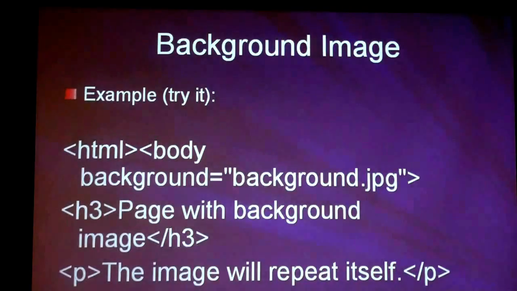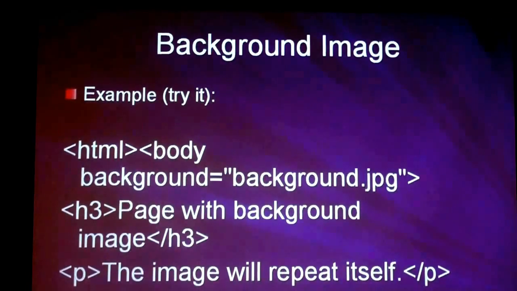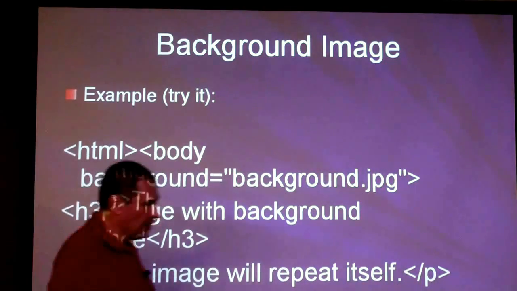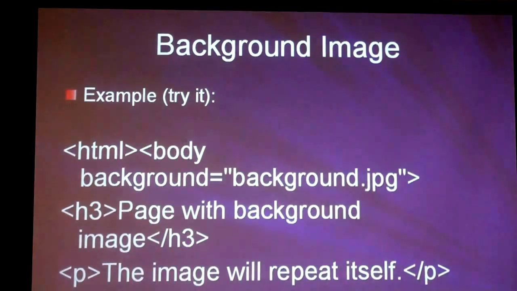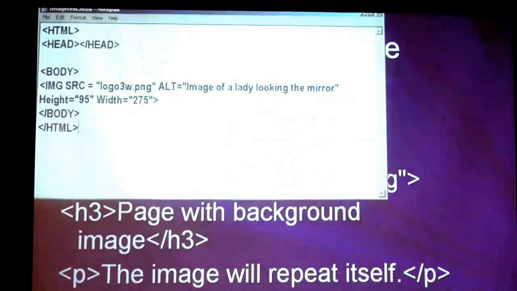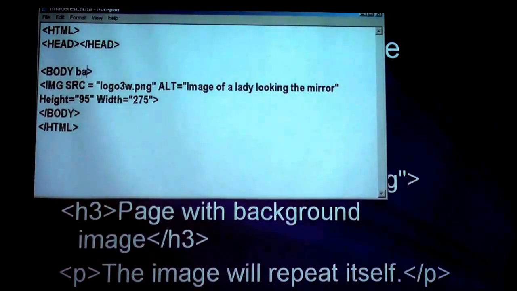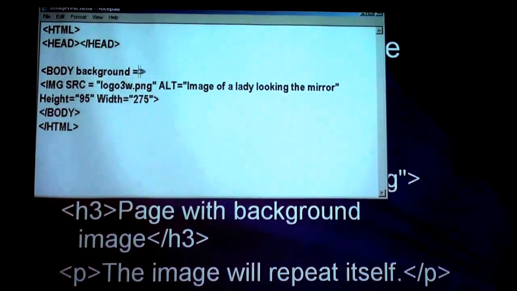Now, what we can also do is specify a background image of the browser, the web page. This is done if I specify an attribute to the body of the HTML code, saying background, and then specify this background image. Let's do that in the case of Google. This is my code, and this is my body, and I'm saying background equals